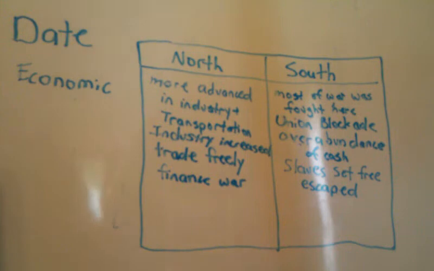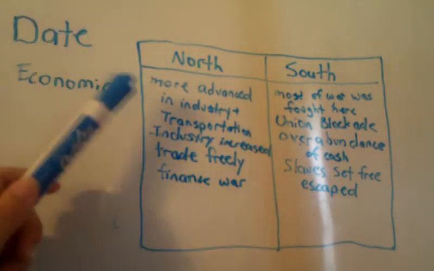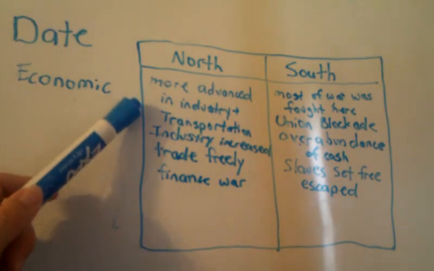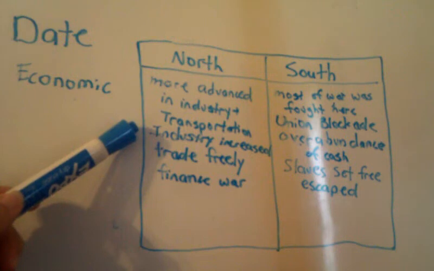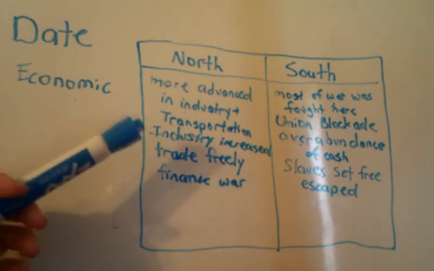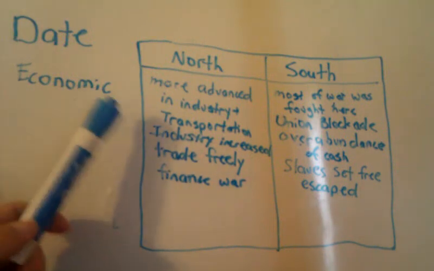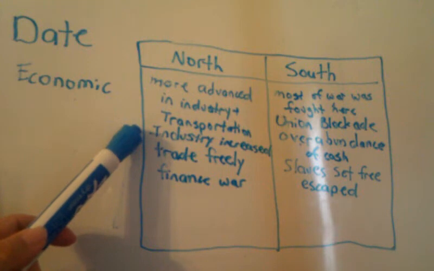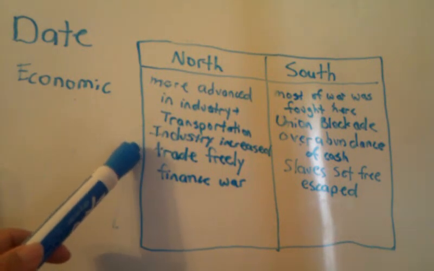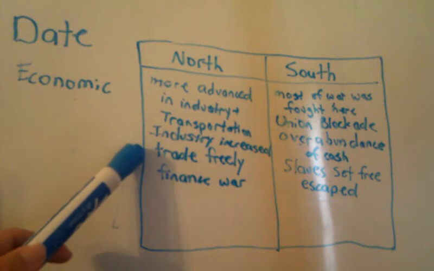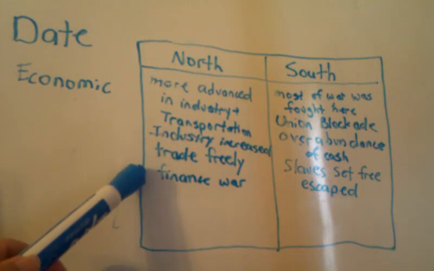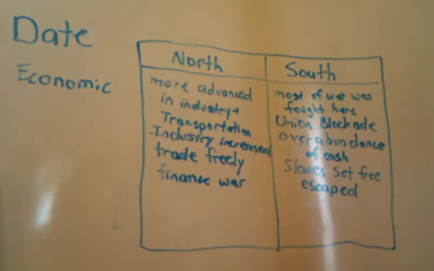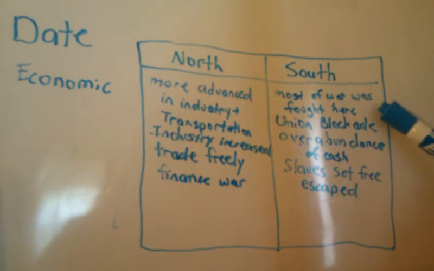Okay? So economically, the North is more advanced in industry and transportation. The industry is actually increasing during the war because there's a demand for more war supplies, there's a demand for weapons, and also they can still trade freely and they have the money to finance the war. But the South, most of the war was fought in the South, so a lot of their